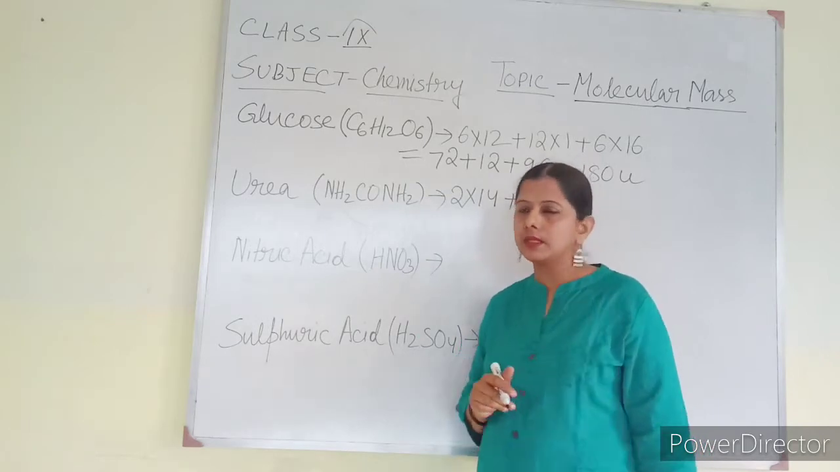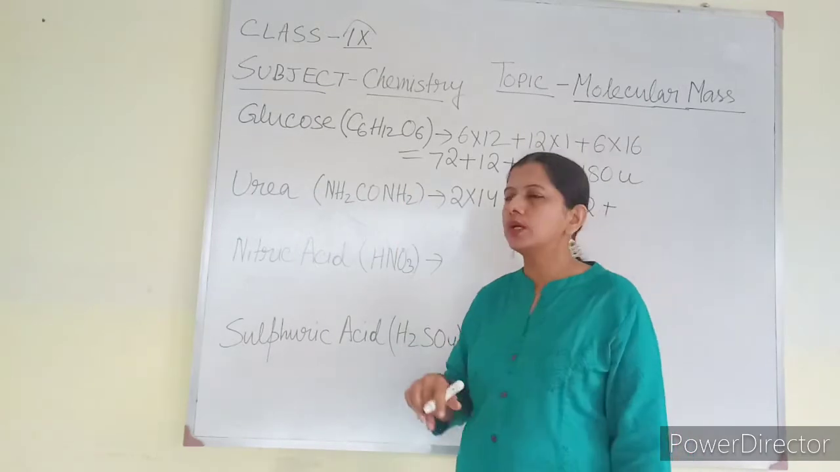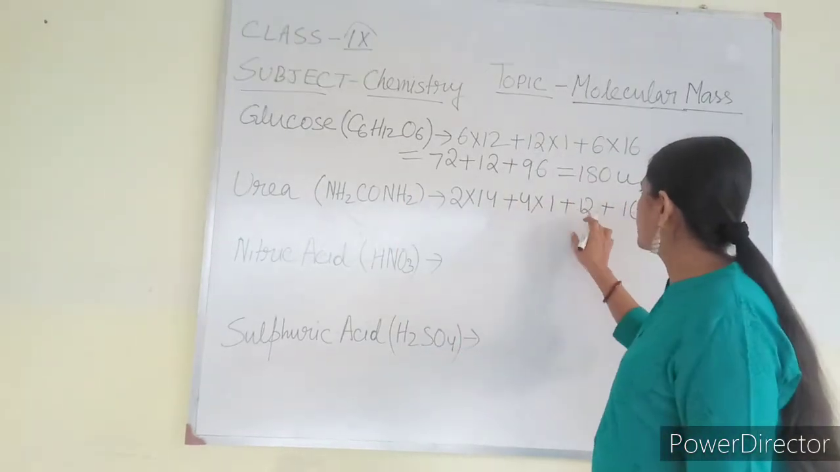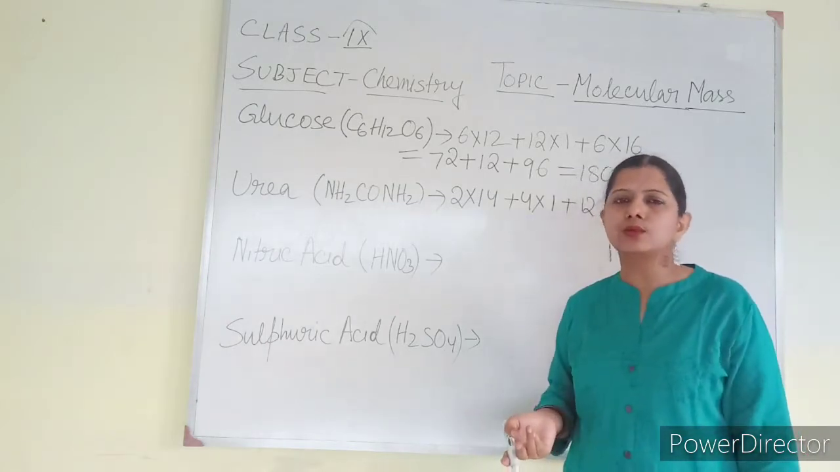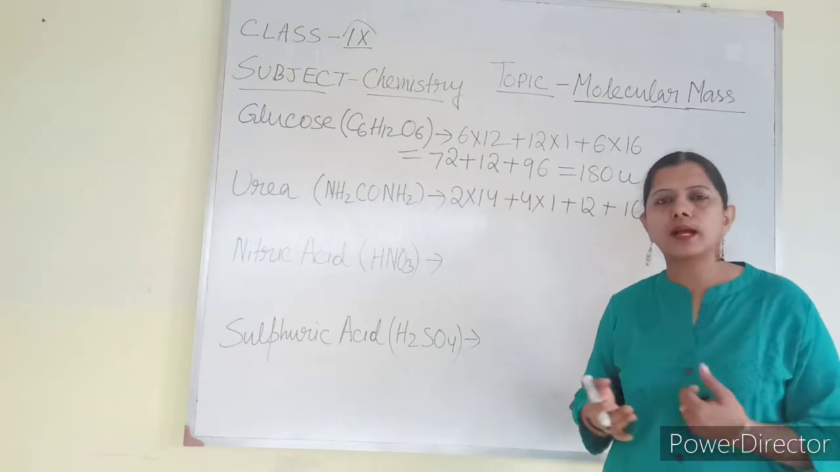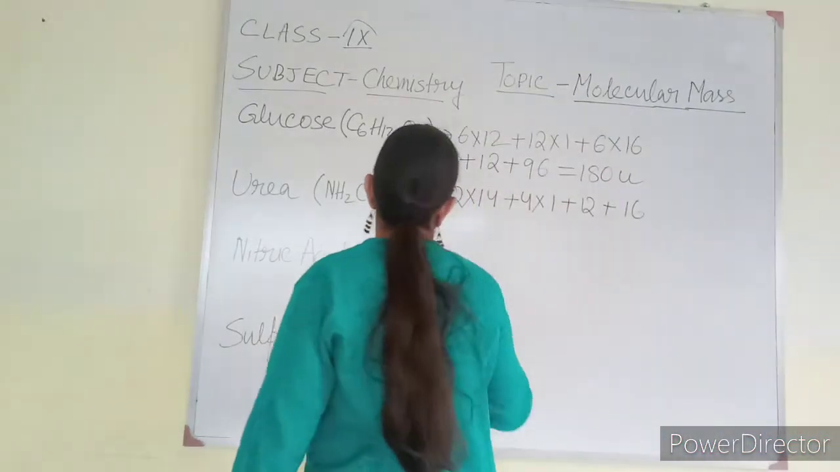Only 1 carbon. That is 12. How many oxygen is there? Only 1 oxygen. So 16. Either I can write 1 into 12, or if I write only 12, then also okay. I can write 1 into 16, or I can write only 16. It is okay, no problem. So let us calculate